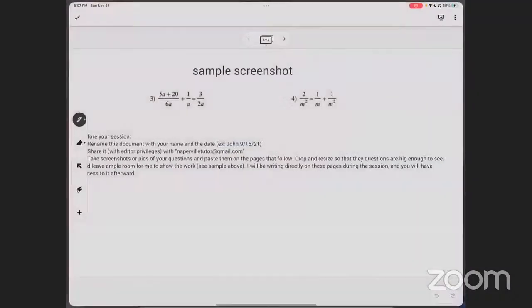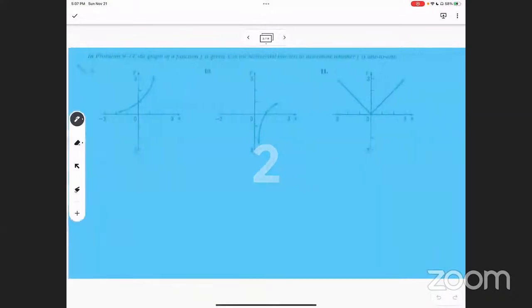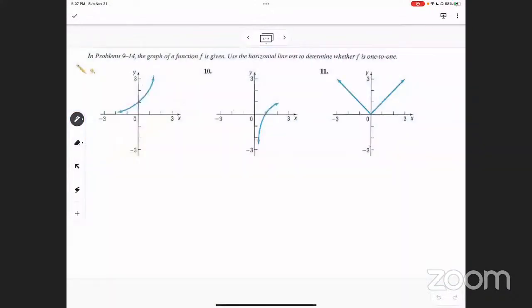Right. And here we go, solving log equations. Well, we're doing some graphing of them first as well, I guess. So this first one says, the graph of the function is given, use the horizontal line test to determine whether